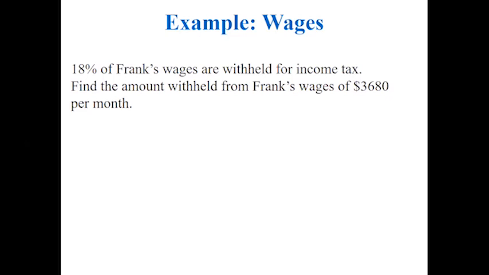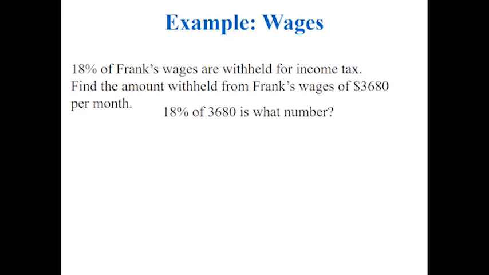For example, wages. 18% of Frank's wages are withheld for income tax. Find the amount withheld from Frank's wages of $3,680 per month. So Frank makes $3,680 per month. Good for Frank. 18% of that gets withheld. So we want to know what 18%